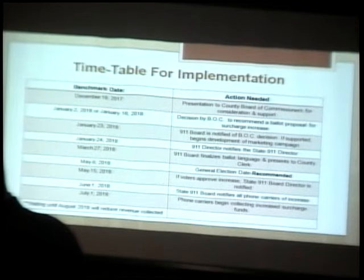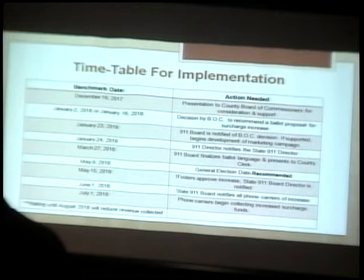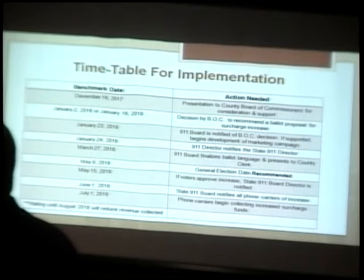So we looked at some timetables. There's really not much for you here, other than the one thing I want to point out: we waited till the August primary, which, getting on the ballot, is a win for everybody involved. But if we would have held a special election and it were to be successful, such as Lenawee County did,